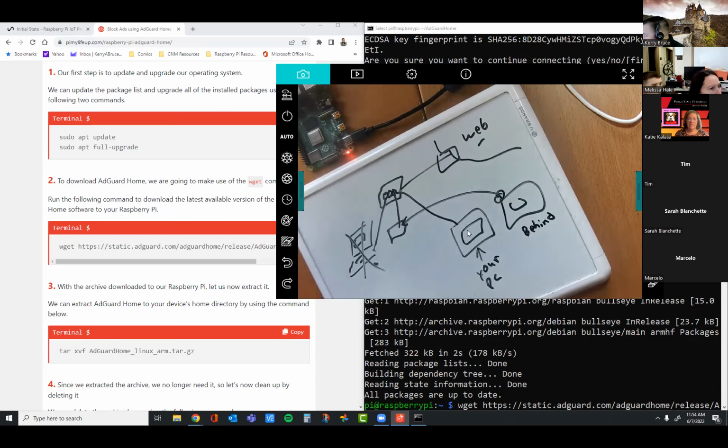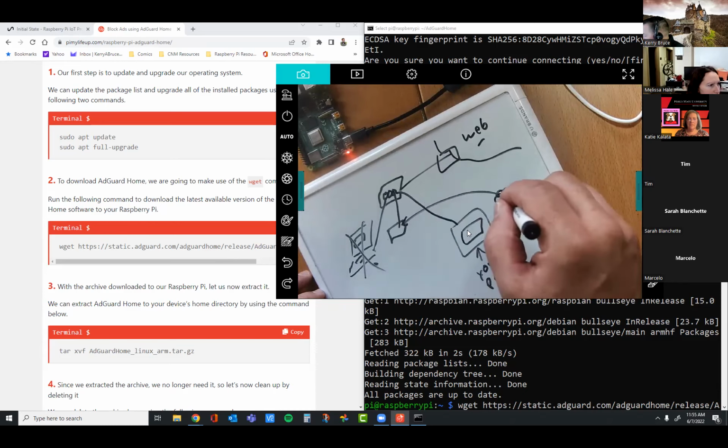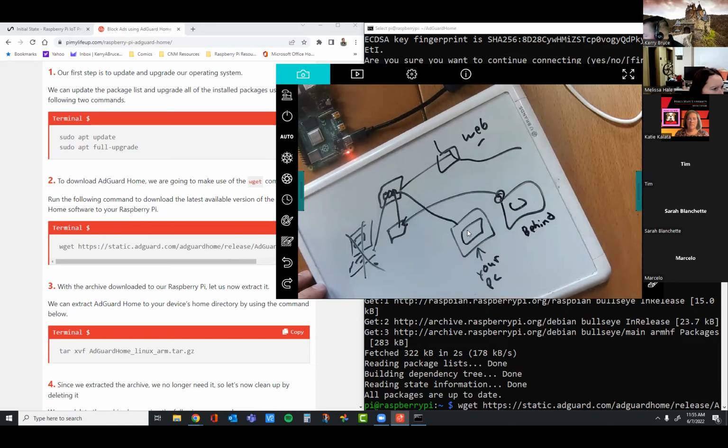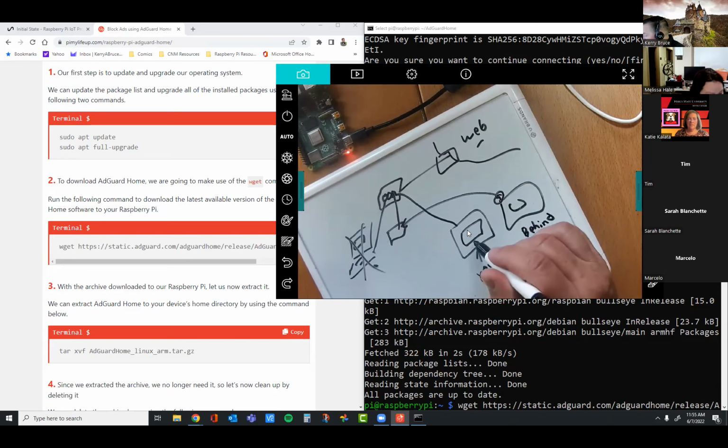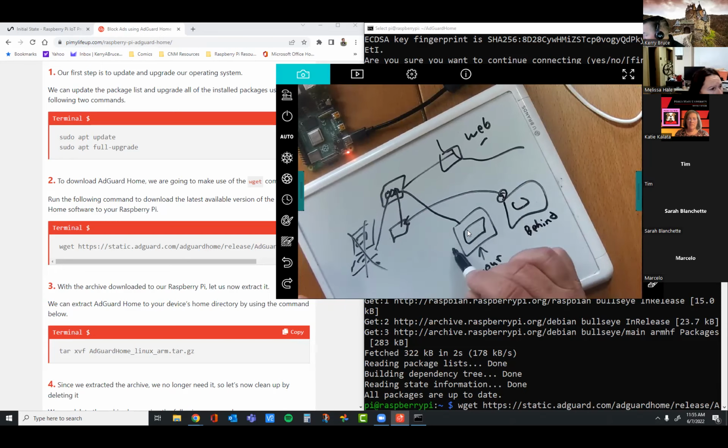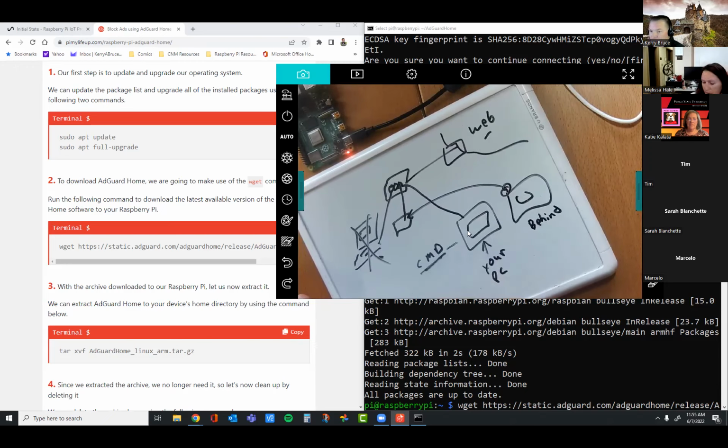Hold on. Okay, the Raspberry is connected to the one behind, check. The cable that was here on the computer behind is now connected there. Okay, so now on the PC that you're on, open up a command prompt, and we're going to do the same process that you just did.